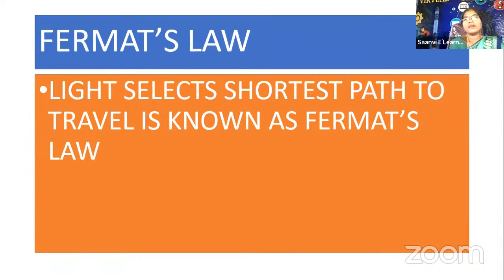Next, Fermat's law. Fermat is a scientist's name. The law states that light selects the shortest path to travel, which is known as Fermat's law. The light always selects the path which takes the least time to travel. So light selects the shortest path to travel, known as Fermat's law. Once again,